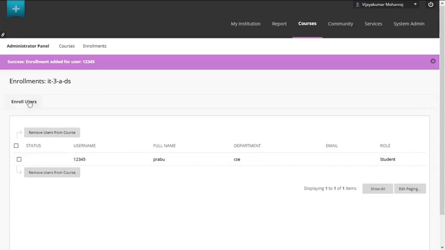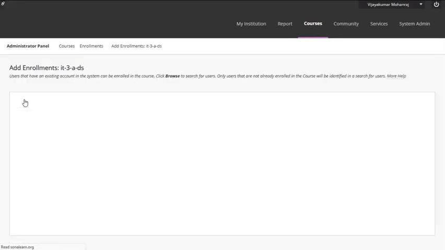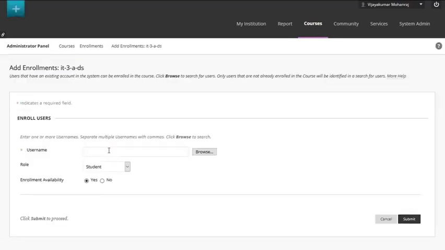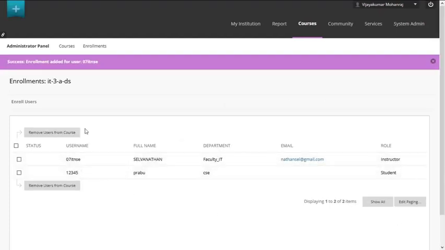Let us add one more user as a teacher. So click enroll user again. I am directly typing the username, which is my username, and I am going to add myself as instructor to the particular course and then click the submit button. Now we can see this particular course, data structure, has two users.